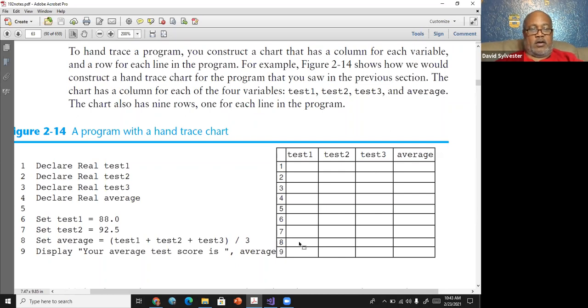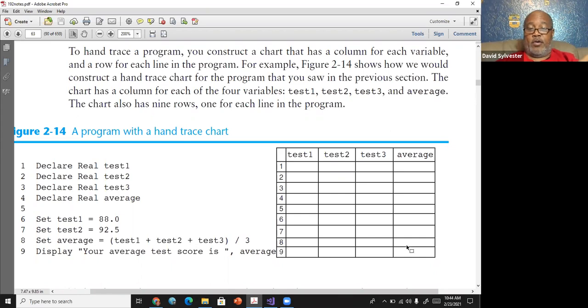Then you get to 8 and you see set, which would be an assignment statement. Average is equal to test 1 plus test 2 plus test 3. So test 1, we know what test 1 is. Test 2, we know what test 2 is. Oh, test 3, we really don't know. Some compilers will still perform the task.